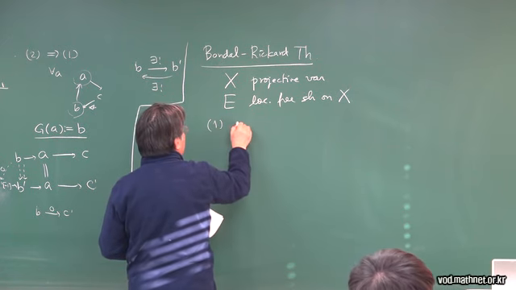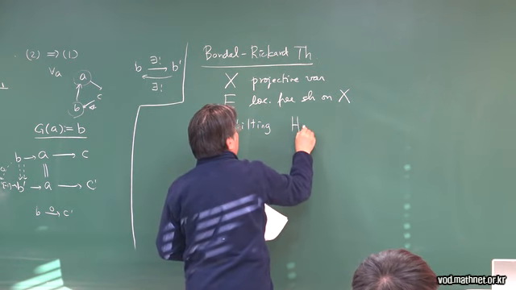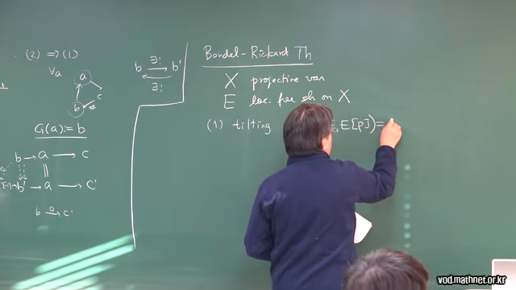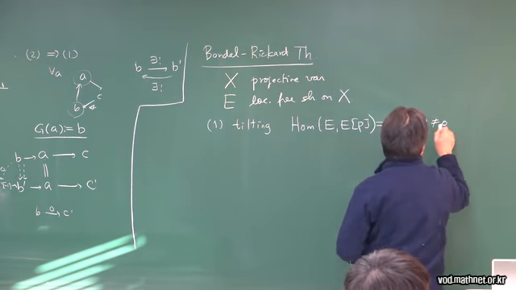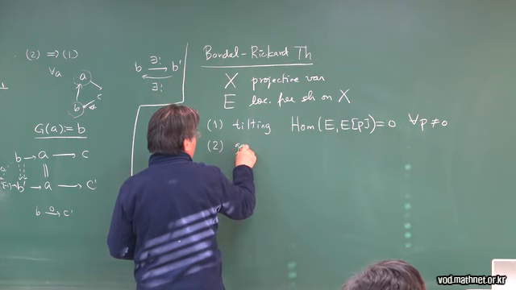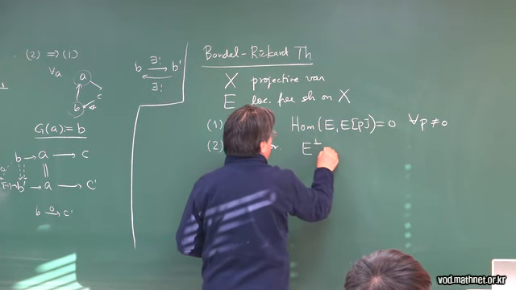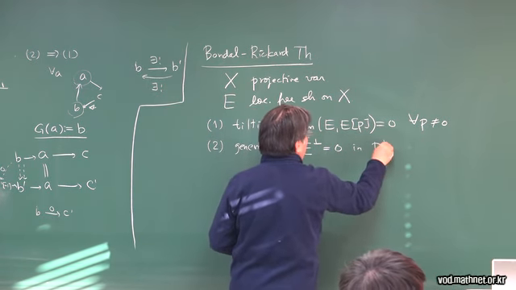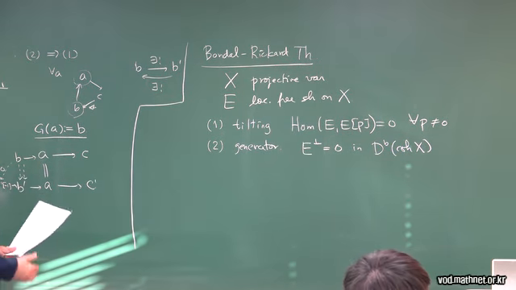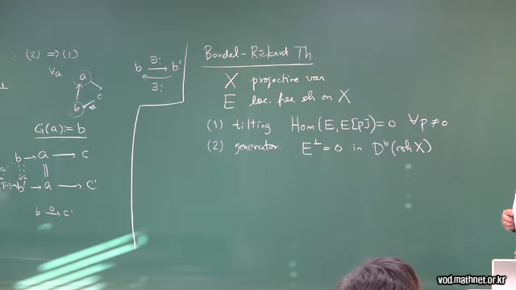First condition is that this is tilting. That means Hom of E, E[p] is 0 for all p non-zero. So this is called the tilting condition. And second, the generator condition, that is, E-perp is 0 in D^b of coherent X. So there is no right orthogonal object inside the derived category of coherent sheaves. Then,